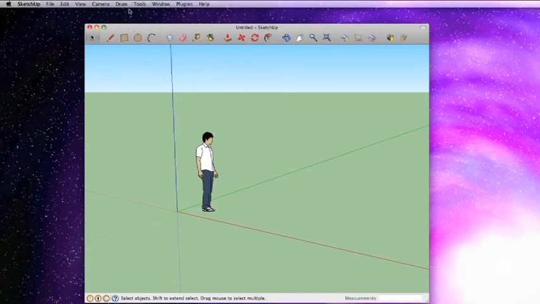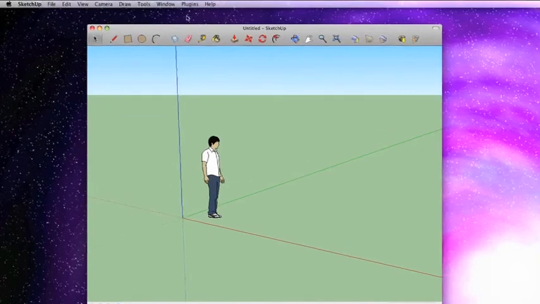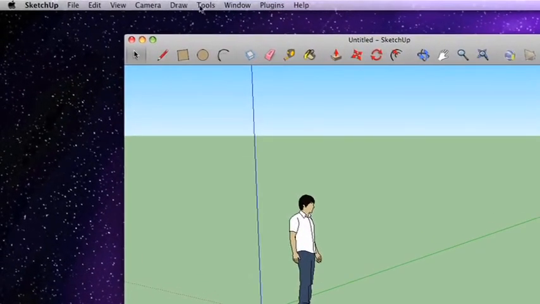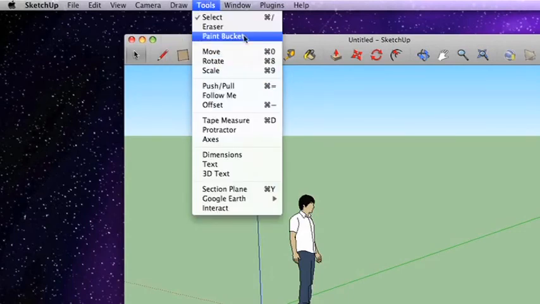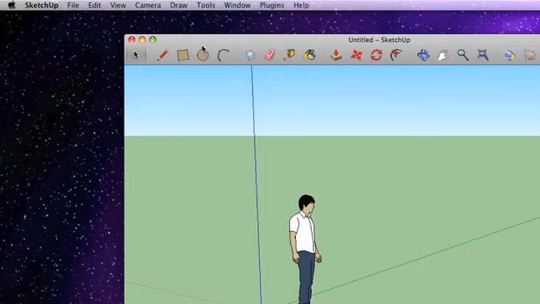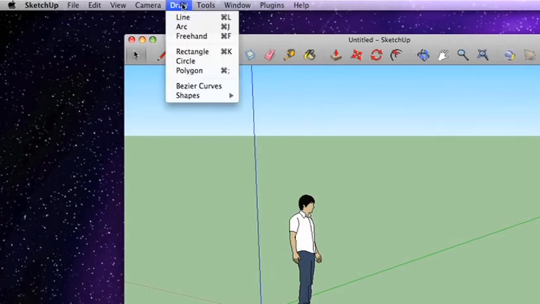In fact, you can see this is the menu bar up here. You see this in every application, whether you're on a Mac or on Windows, and it's going to be pretty much the same thing no matter what. We have these two menus here. We have Draw, and you can see we have all these tools here for drawing rectangles and circles and polygons. And we also have Tools, which gives me things like moving and rotating and scaling and tape measures and protractors. We're going to be talking about all those. Some of these things aren't in the toolbar. And it's a little bit of a pain to figure out, okay, is it in the Draw menu,